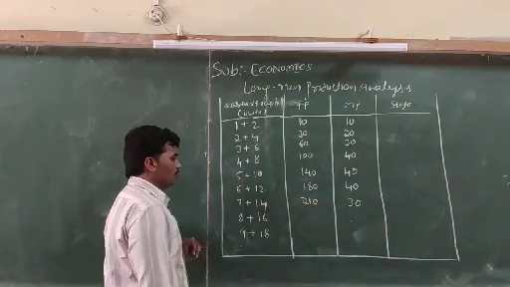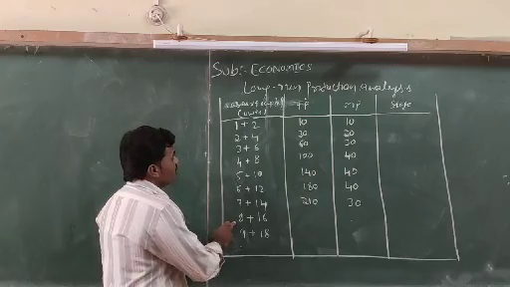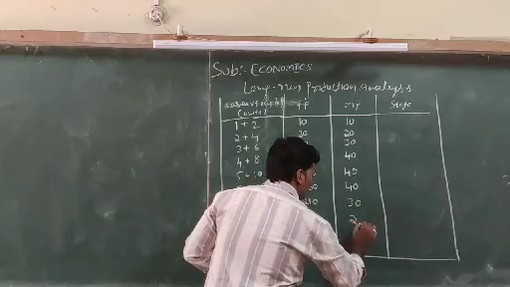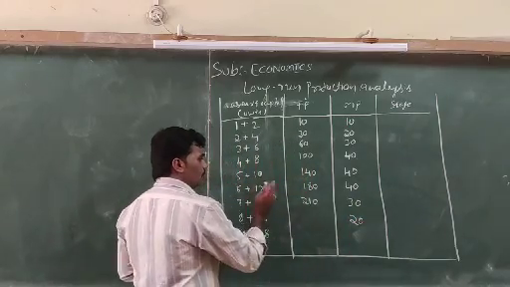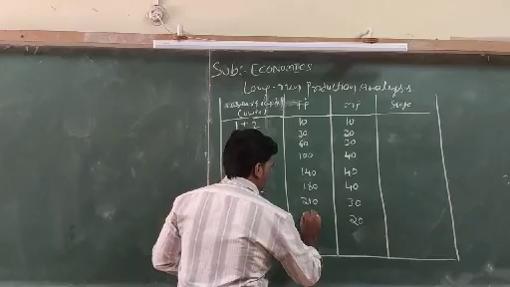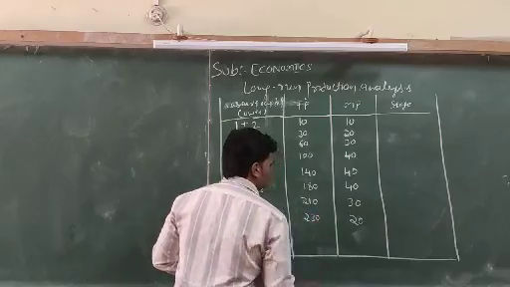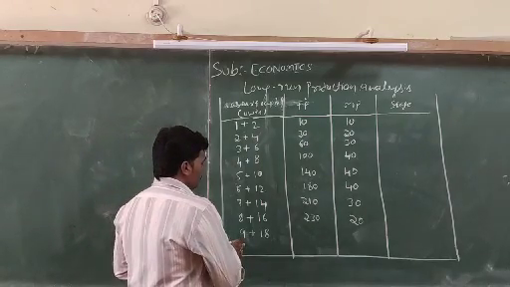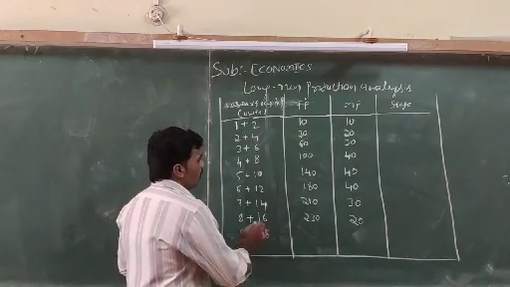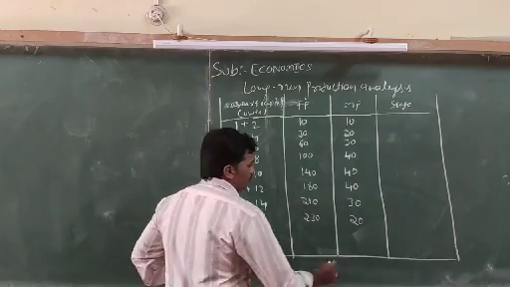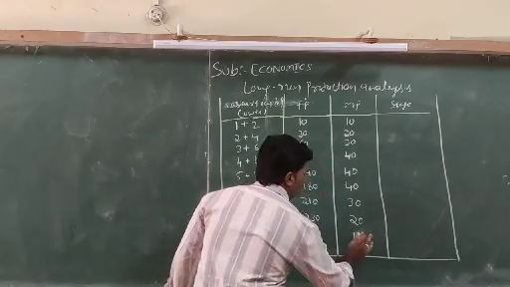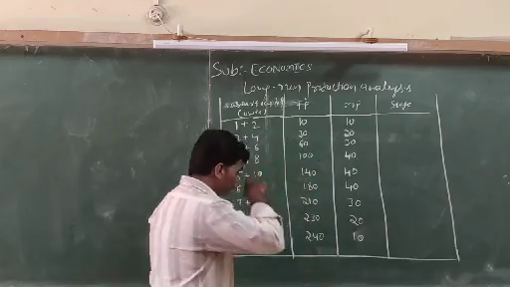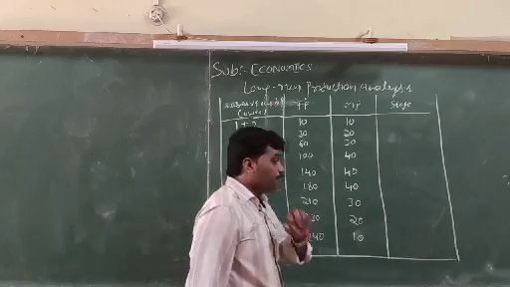210. And when they employ 8 units of labor and 60 units of capital, the marginal product again decreased to 20 units, but the total product increased to 230. Okay, the total product increased to 230 units. Then, if they employ 9 units of labor and 18 units of capital, the marginal product decreased to 10 and the total product increased to 240. Okay, let's observe the schedule.